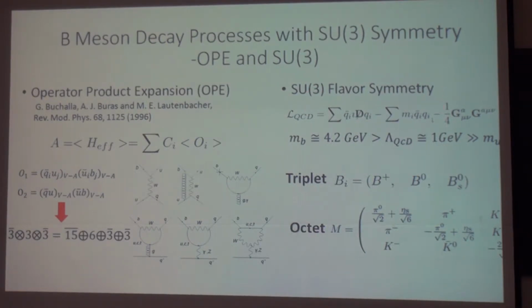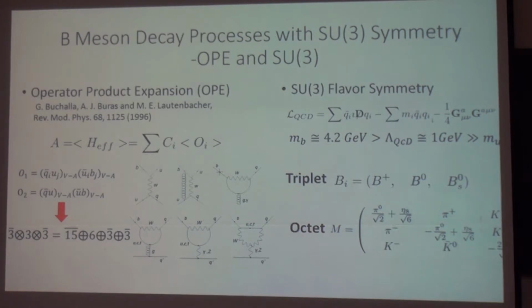SU(3) means the SU(3) flavor symmetry, and it comes from this, because this is the Lagrangian for QCD. You can see if we don't have the mass term, this QCD is actually invariant under flavor transformations. So we can have SU(3) flavor symmetry. However, the quarks actually have mass, but because the Lambda QCD scale, 1 GeV, is bigger than the light quark mass,